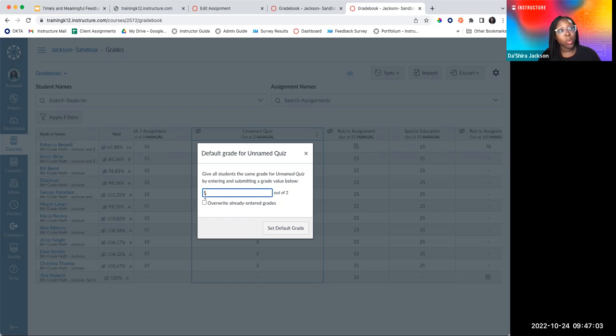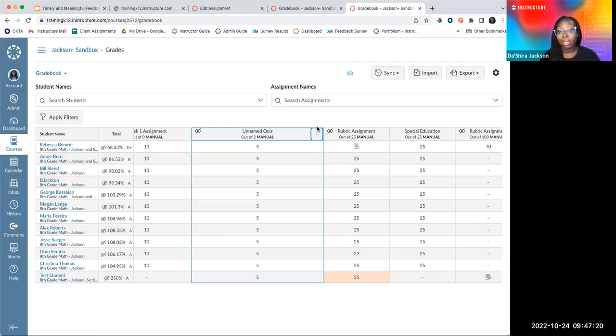So I'm going to put in 5 points, and I'm going to select overwrite already entered grades because maybe I've already given everyone the full points. Now they're going to get the extra credit on top of that. And I'll click set default grade. You can use this for participation or something where everyone's going to get the same amount of points. And as you see, it automatically pre-populated that in. That's, to me, a really great time saver.